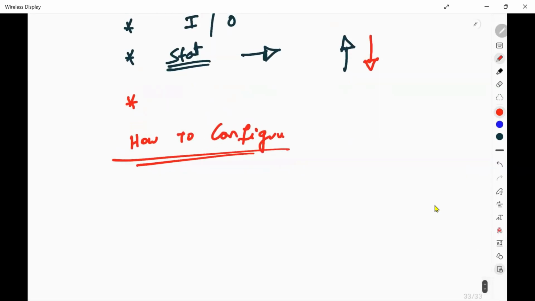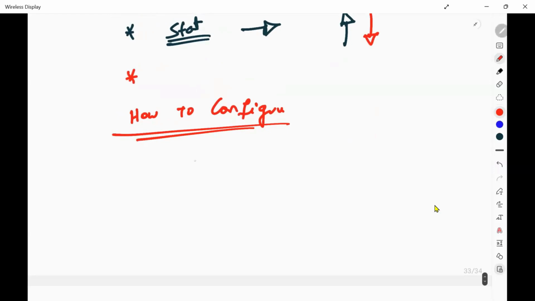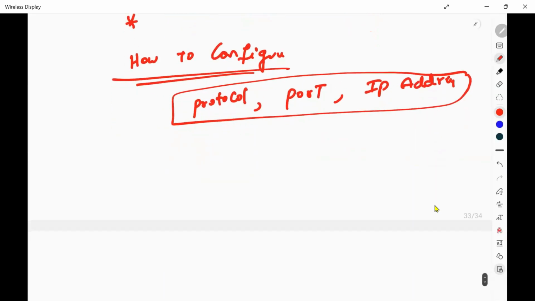Based on your protocol, based on your port, based on the IP address range, you're going to configure. But first, you should know what port and protocol are.